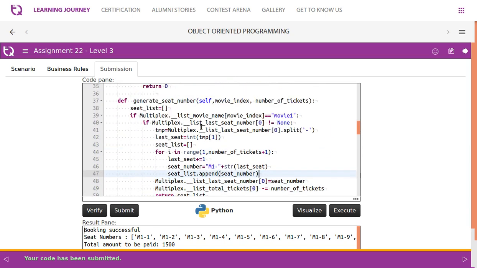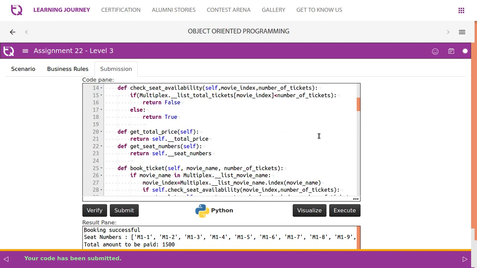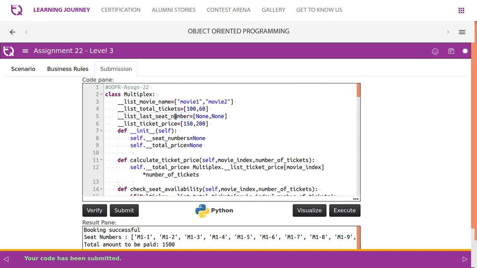We check multiplex dot last seat number of 0. They already have initialized it with none. We should not change this, because if we change this, some of the test cases may not pass. We need to check if it is none, the process is different.